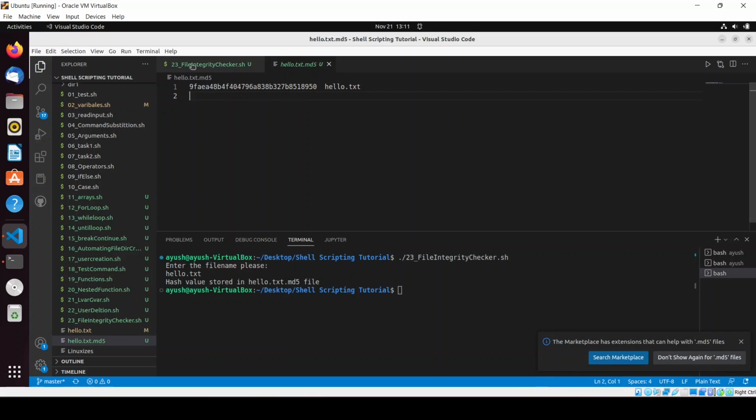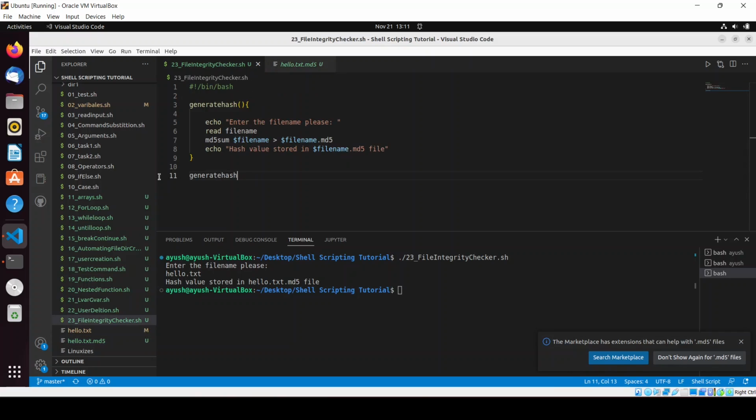Now coming back to the script, let me just clear here, generate hash. Now I will write check hash value. Okay, and echo enter the file name. Now we are just checking the hash value, and we will match it with our previous value. Again we will enter the file name, and we will just read the file